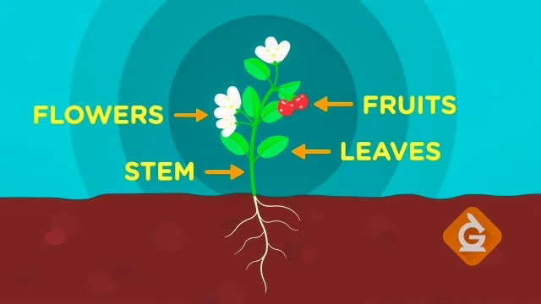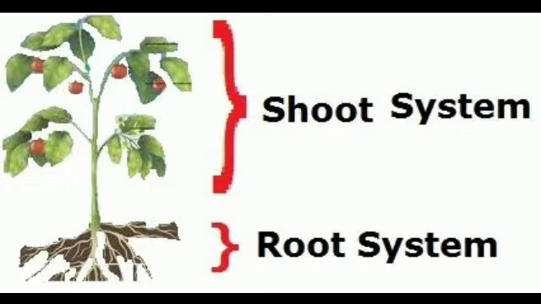Here we are going to see root. The root is a part of the plant that usually grows under the soil. Before entering into that, you have to know two things. A plant has two systems: first, the shoot system, and second, the root system. The shoot system includes the stem, leaf and so on. Everything above the ground comes under the shoot system. The root system covers the root. You should know these two topics before we go on.